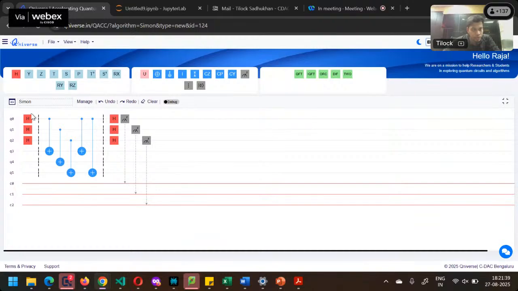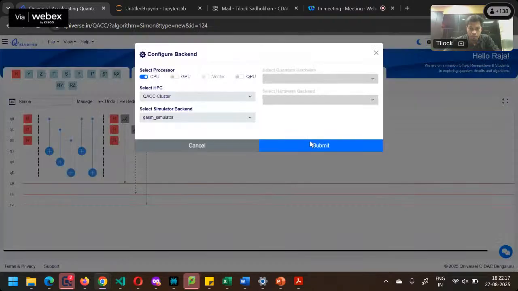You can see here, first we are applying a set of Hadamard gates on the first three registers to create an equal superposition, and then we apply our oracle, and then another set of Hadamard gates after the oracle, to create the equal superposition of all these possible states. Now we are measuring those states to get the possible combinations of W. If we click on run,